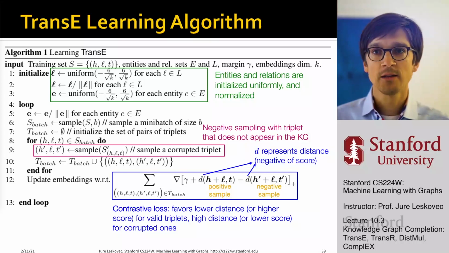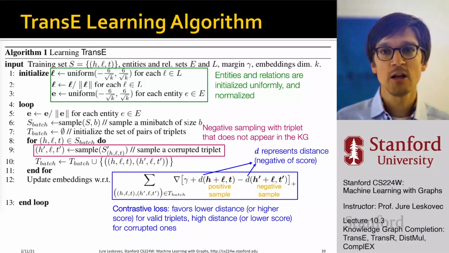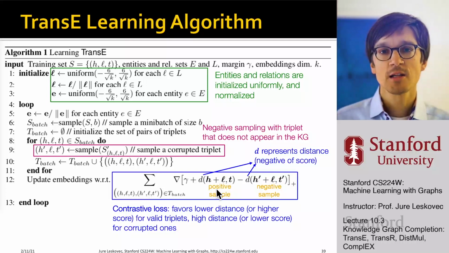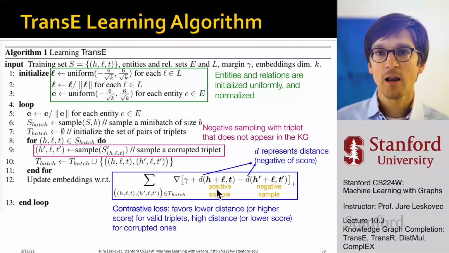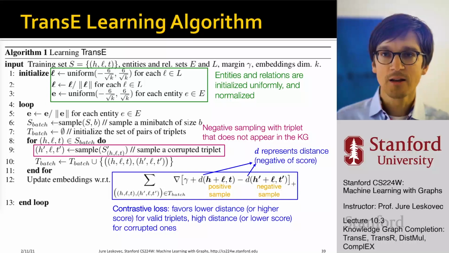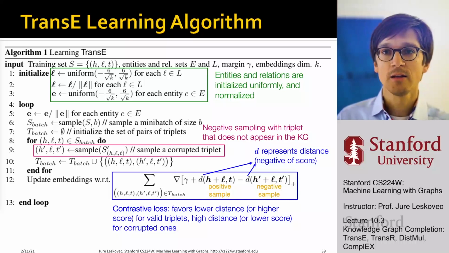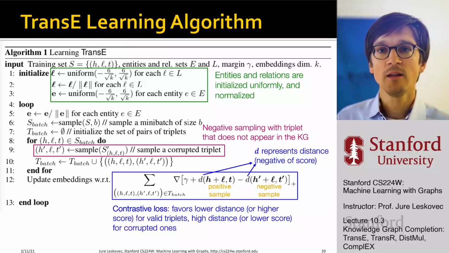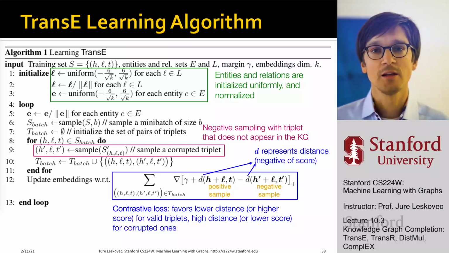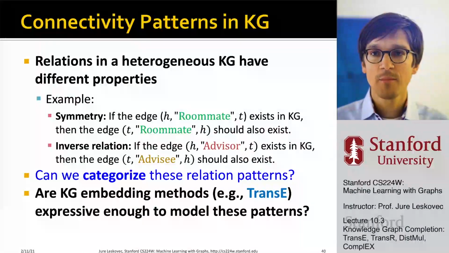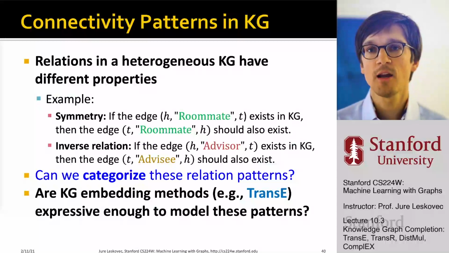You would pick a country that is not the true country of nationality, and then you would say, let me try to find the embeddings, the values for head, relation, and tail, such that the distance between the real tail and the embedding of h plus r is smaller than the distance between h plus r and the corrupted tail, which basically means a country that is not the true nationality. And you can basically do the learning. So now that we have done this, it sounds like a great, very natural idea.